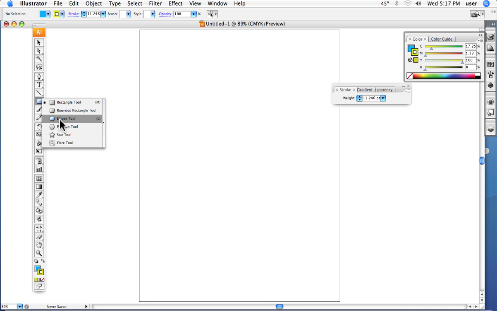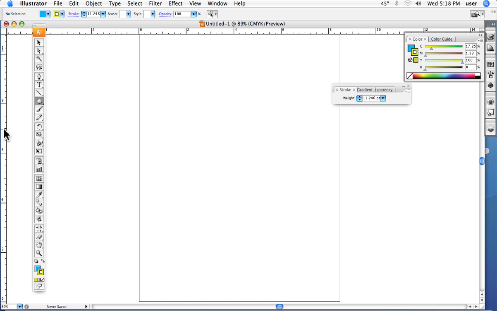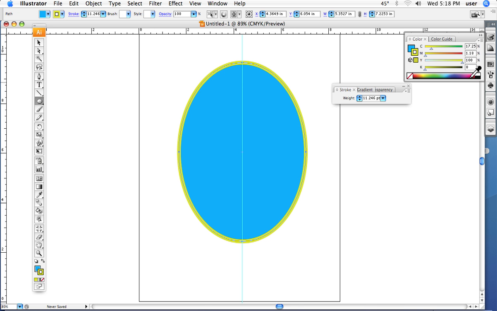It quickly will let you see what is possible. I'm going to draw a rectangle here. Not a rectangle, I'm sorry, an oval. Let's make it look like a heart. Okay. And we'll make the stroke